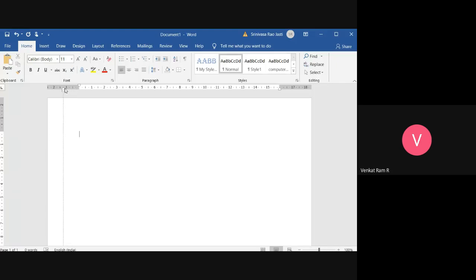After the first line, the remaining lines, wherever you wish to place the area, you can move this. This is called hanging indent. And at the same time, this is called right indent. So the paragraph will stop there.